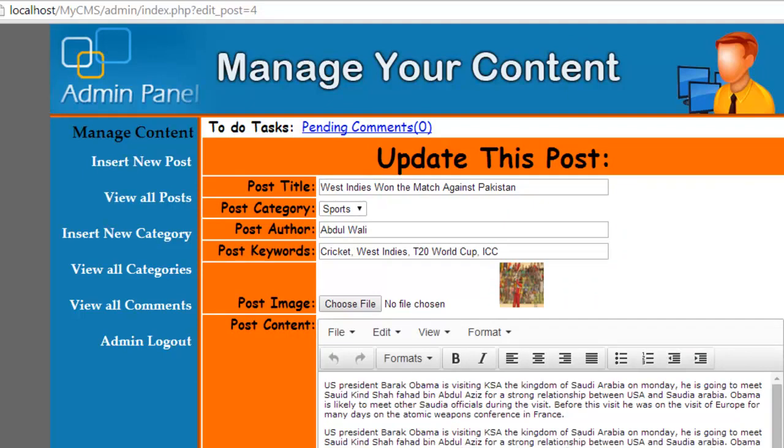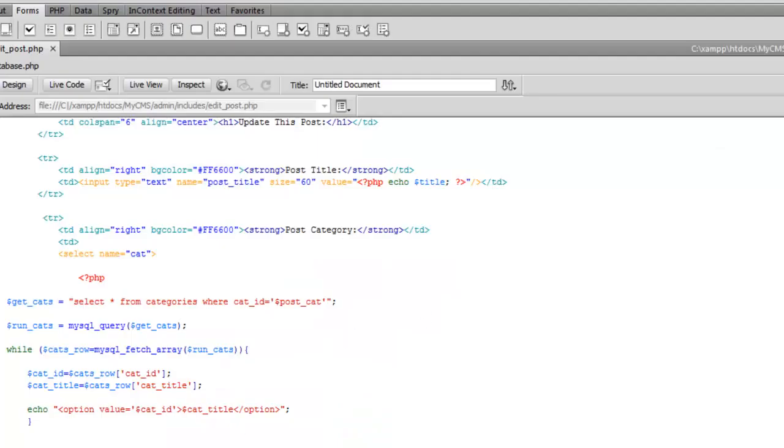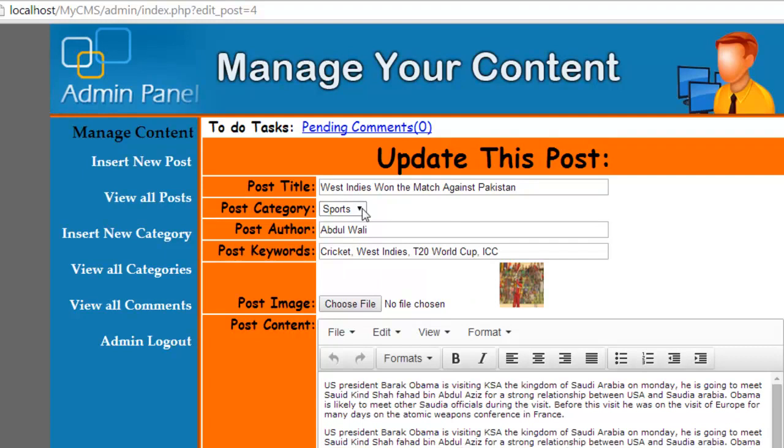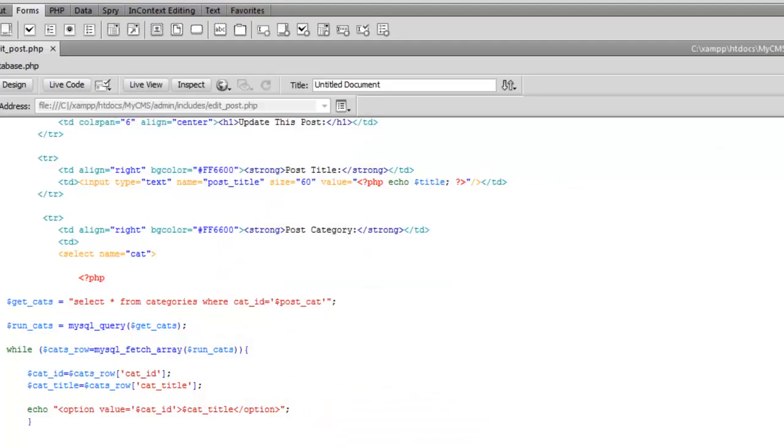And if you click the cricket one, West Indies, click edit, you see the sports category is coming. That's because we selected it while we were inserting the post. But there is one problem. When you click this list, you see only one category. This is the problem, because we should have all the categories, so we can select another category if you want to change this. For that purpose, you need to